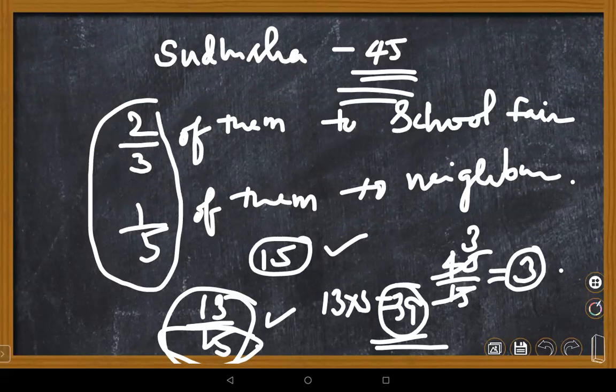Now you understand, this is the way the application part will be tested. And not only this, there are questions like